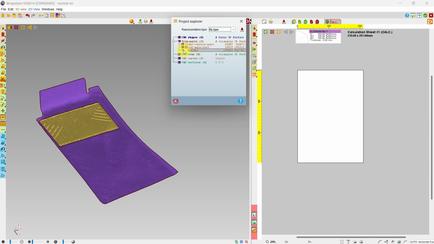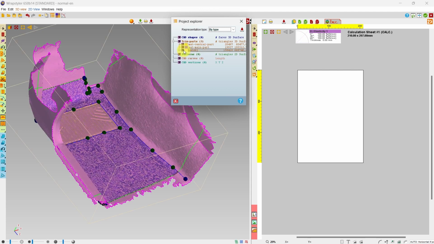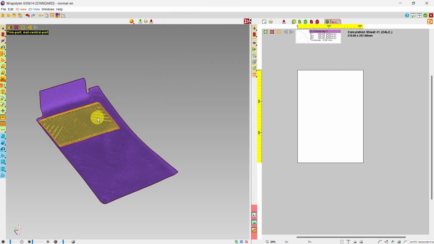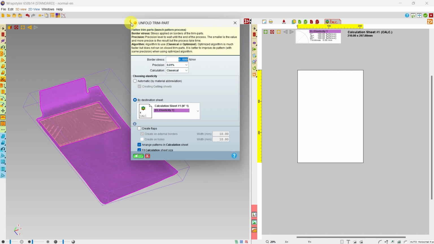You also can see that the original part is still here, but it has been hidden. So if I want to go back and try another way of cutting, I can easily do so. For now, I can select the two parts I'm interested in and use the flattening function.